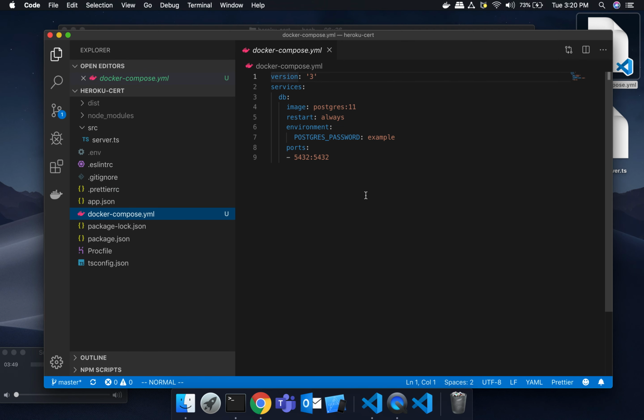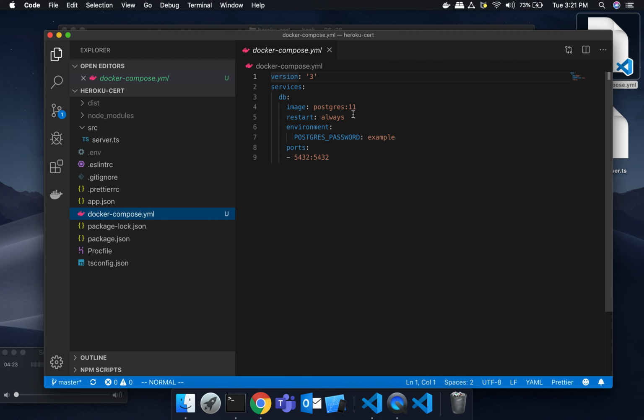This is basically a configuration file for Docker that allows you, instead of having to start up Docker with a lot of command line flags, to define what you're trying to bring up in a configuration file. You just type docker-compose, and it'll look for this file. It's just a shortcut way of avoiding a long command line string. I am going to commit this to the repo, so this becomes an easy way to spin up your local environment. The service I'm going to be running here is a database,